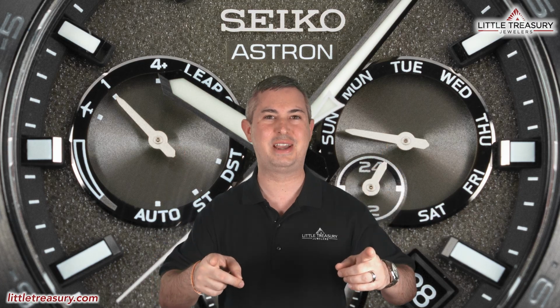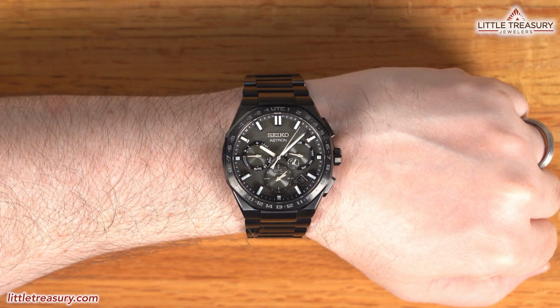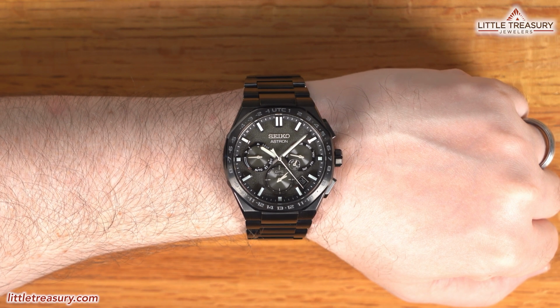Now for my personal opinion. The first thing that I have to mention about this piece is that it really has nothing on it at all that says or screams Resident Evil whatsoever. You have to flip it over and see Resident Evil written on the case back to even know that it has anything to do with it. For the video game enthusiasts, this may be a letdown because you really have to know what this is to appreciate the reference. Otherwise, I find the blacked out case and bracelet with the textured gray-green dial really attractive,